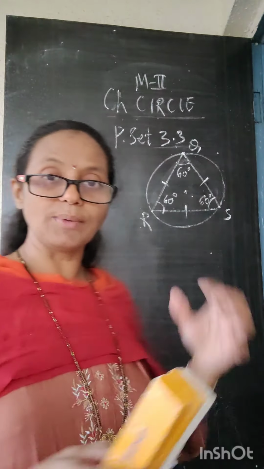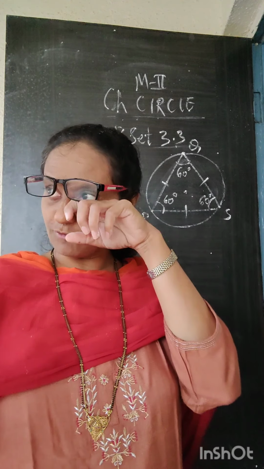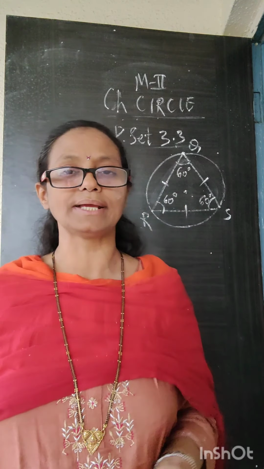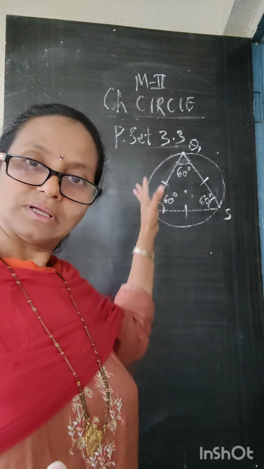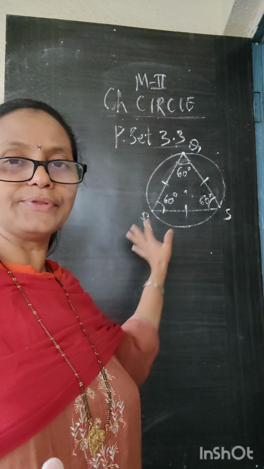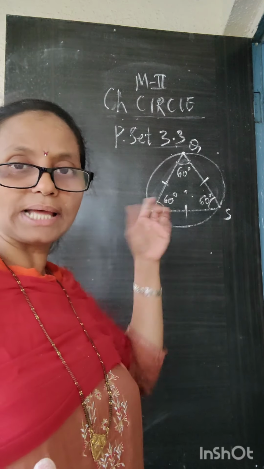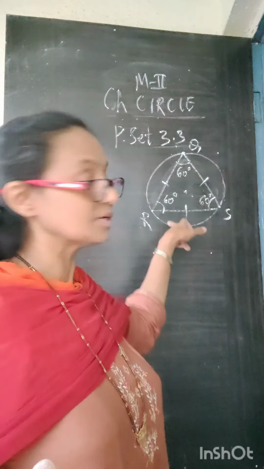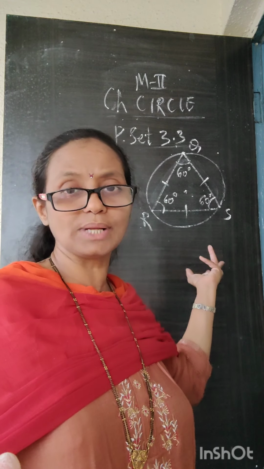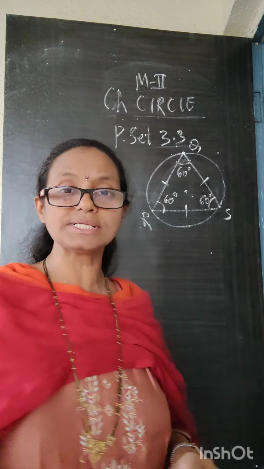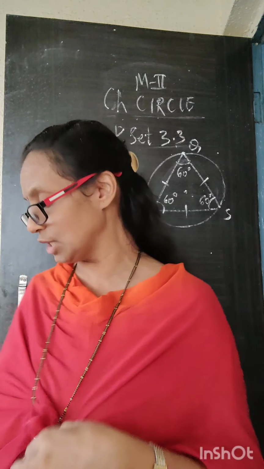Okay, so when the question gives the information that the triangle is an equilateral triangle, immediately we know about the sides and the angles of that triangle. We show the measurements over here: 60 degrees, because it's an equilateral triangle. The angles have to be 60 degrees, 60 degrees, 60 degrees, and all the sides have to be equal, right?